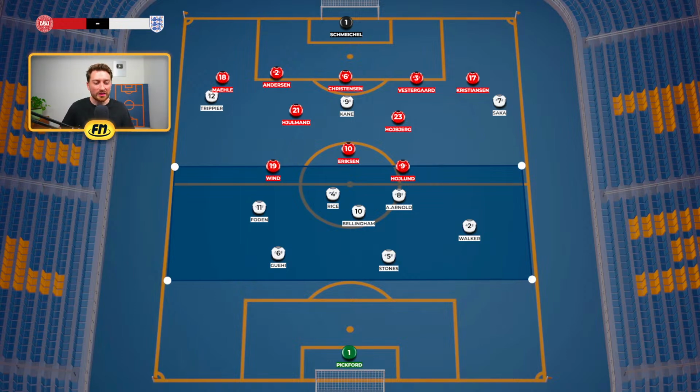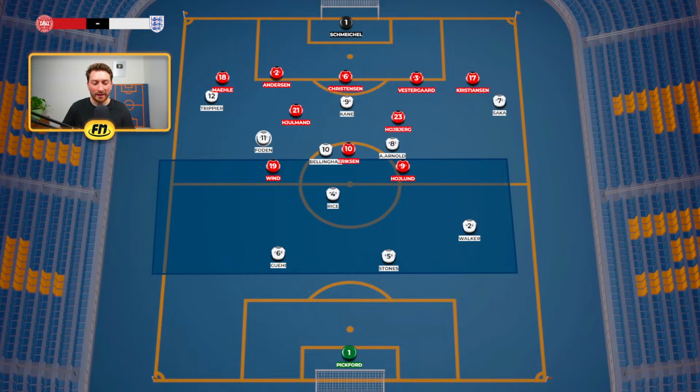And I think because they had so many players that just wanted the ball. They're all players that want the ball to feet. Foden, Bellingham, even Kane, for example. Like you had Alexander-Arnold, Bellingham and Foden. They all wanted the ball in this position here. But Kane is also a player that always drops deep. We know what Kane wants to do. He always wants to come and pick up the ball in this position. So if you're not letting Kane do that, it's going to be really difficult for him to play to his